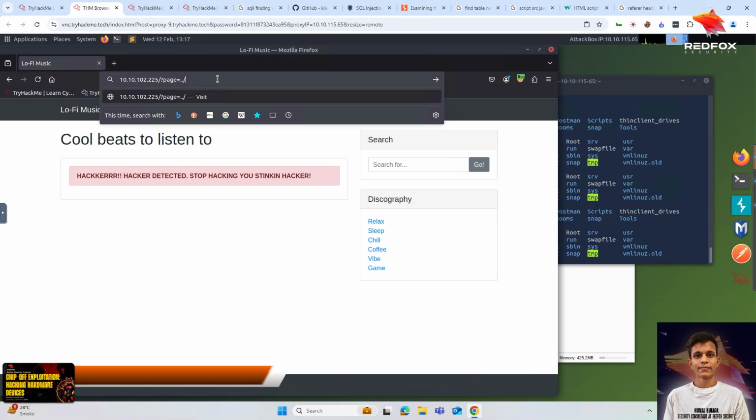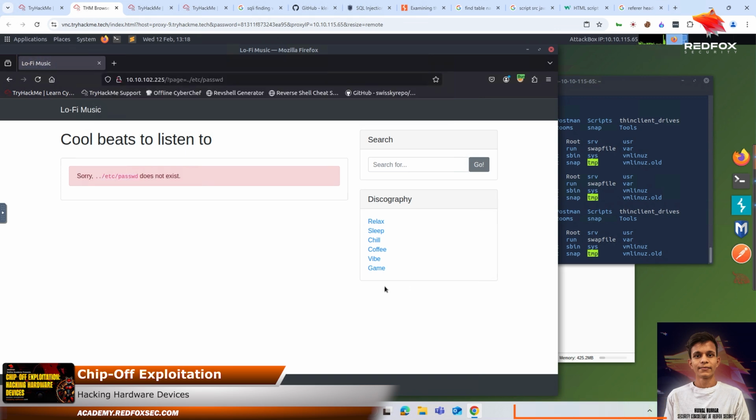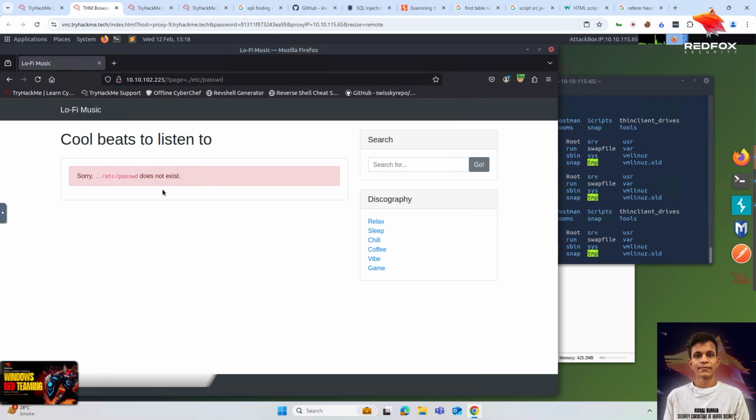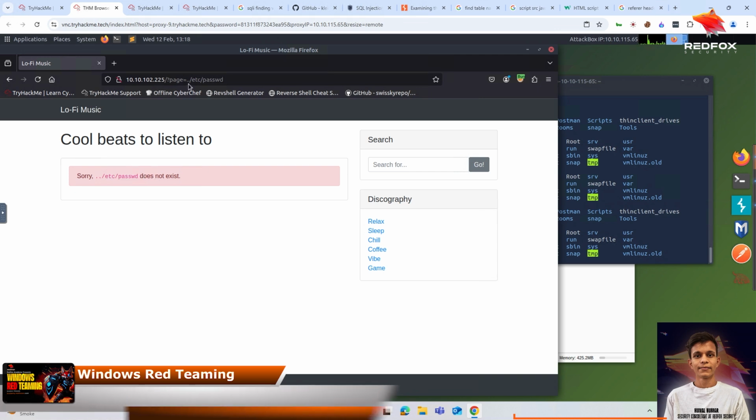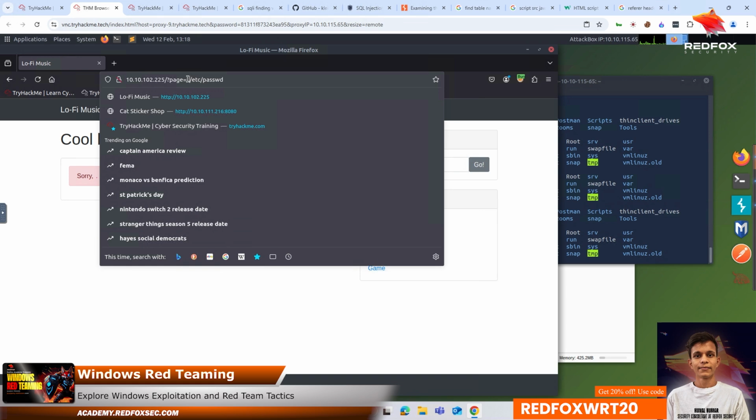So we can go back one directory and type etc password. Just copy your payload for better. So it says etc password does not exist. There might be a chance that we are at the wrong place where the etc